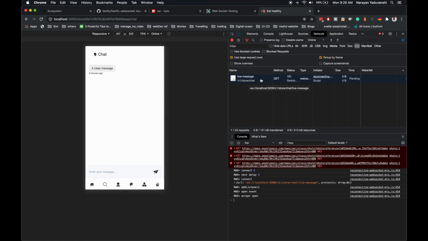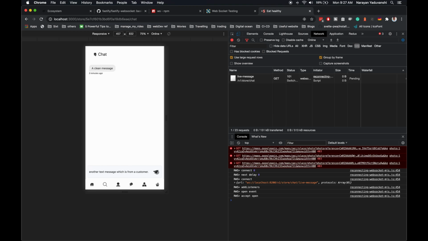I'm able to establish a connection with the WebSocket. It says accept open. Now I am going to send another text message from a customer.